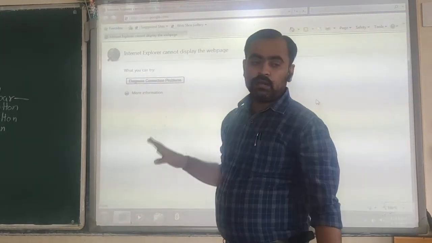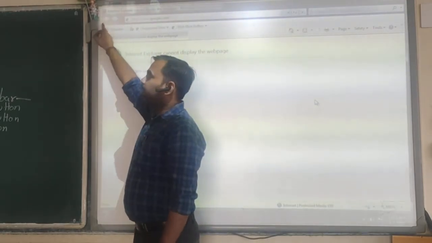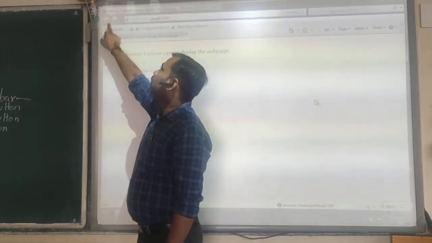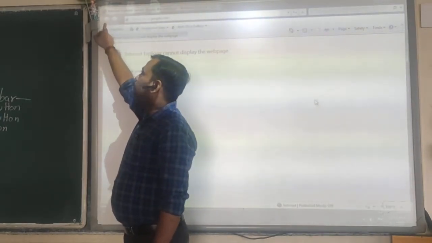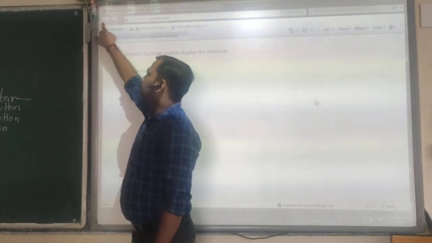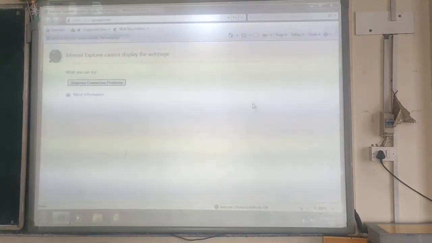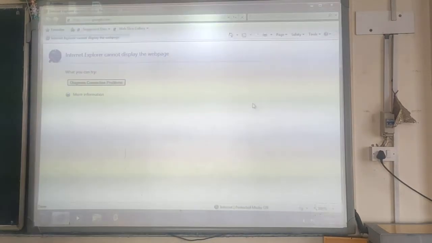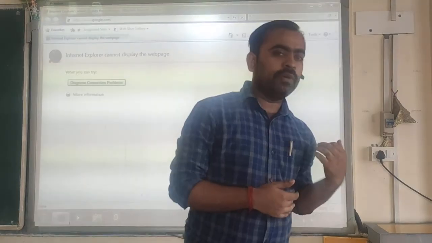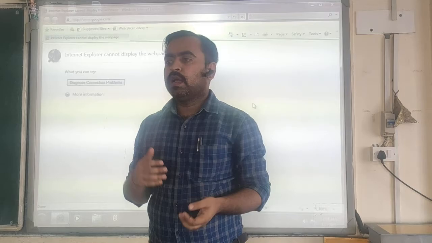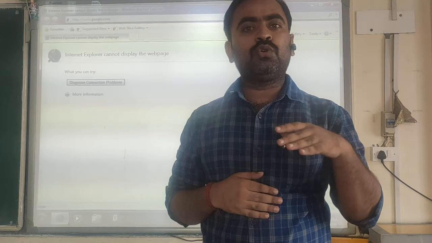Okay. Then the other options are on the left hand side, along with the address bar. The first one is the back button. The purpose of using the back button is that suppose you are going through any website and at a certain moment you realize that you want to go back to the previously opened web page.